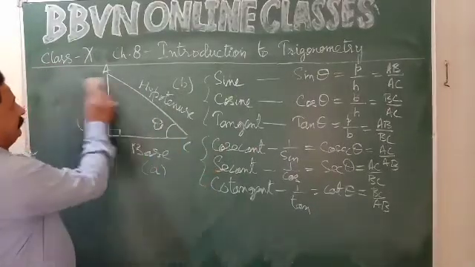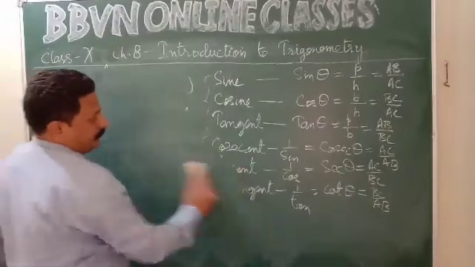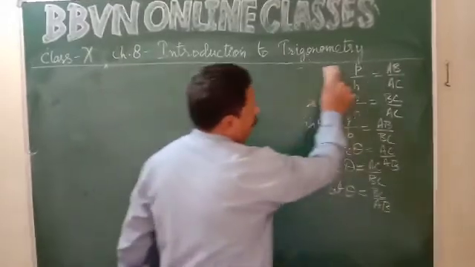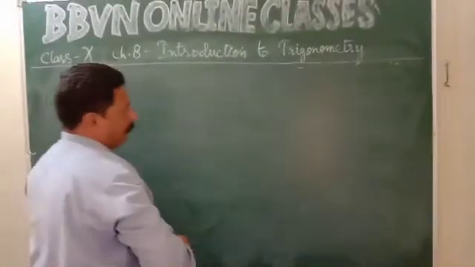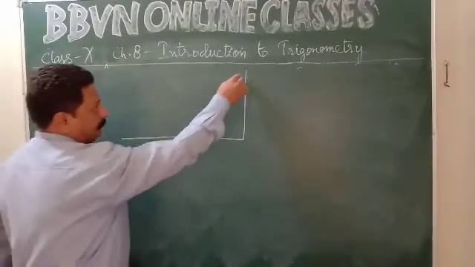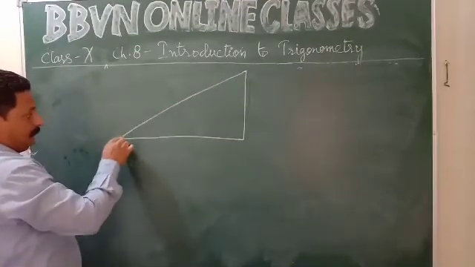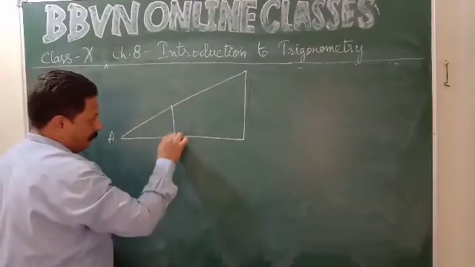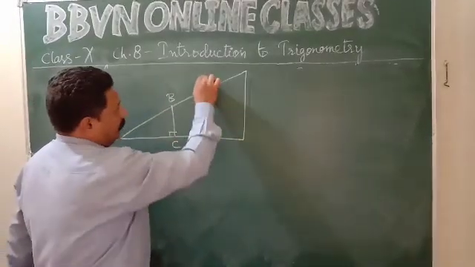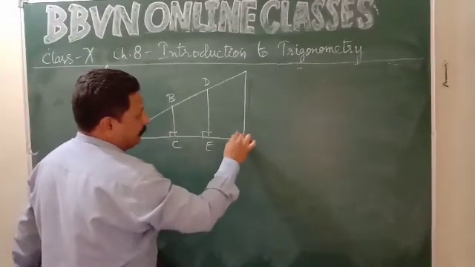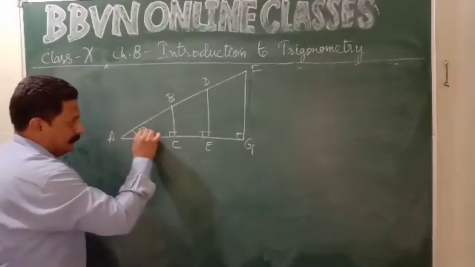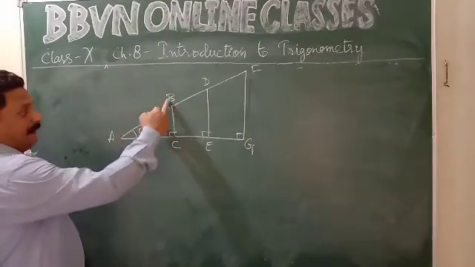I'll continue this. Please pay attention, children. Let us understand it in a better manner. See, again I am taking a right angle triangle. Say this is point A, point B, point C, point D, point E, point F, point G. If I consider this angle as theta, now in triangle ABC,